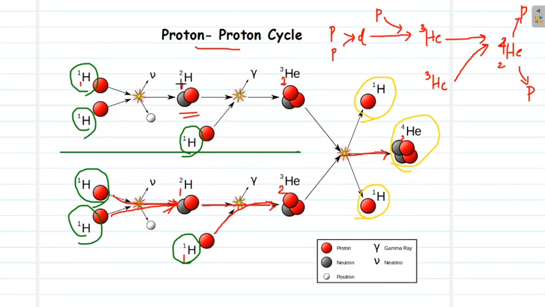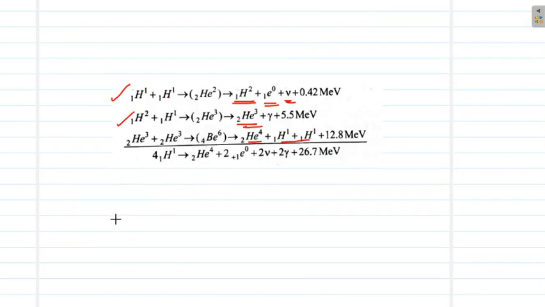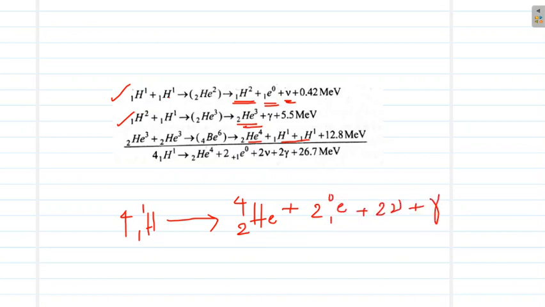So if you balance out the various processes happening here and finally formulate the overall reaction, then as we have mentioned, 4 protons are being consumed, and on the product side we have 1 helium nucleus. So overall process is the same as we have seen in the carbon nitrogen oxygen cycle, which is 4 hydrogen nucleus combining to form 2He4 plus 2 positrons plus 2 neutrinos plus a lot of gamma rays and a lot of energy.